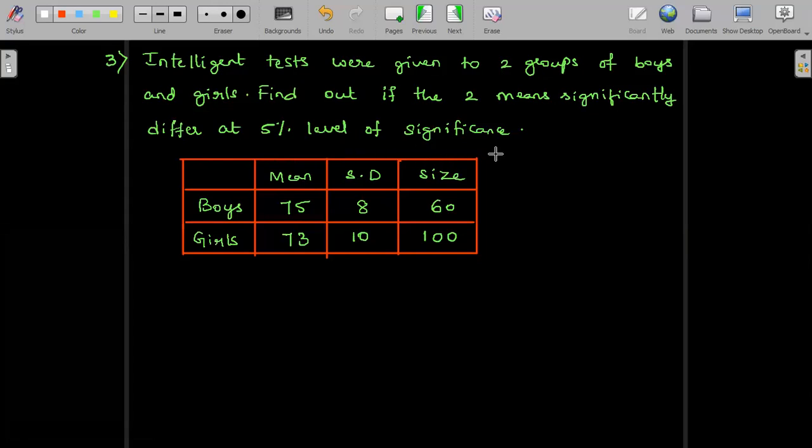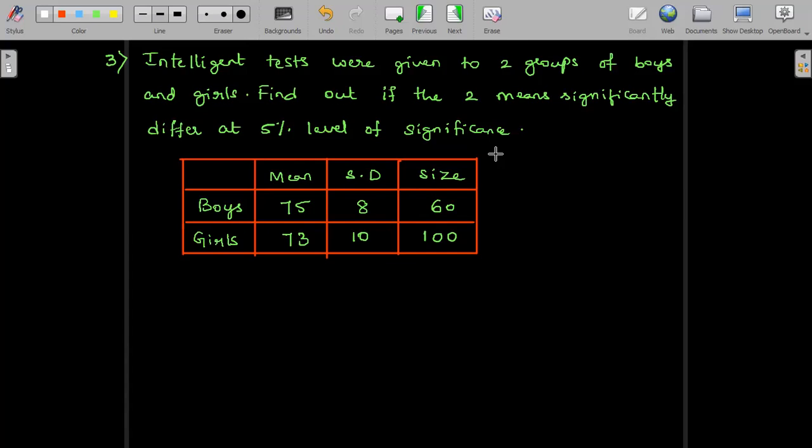We will recall from the theory what we learned, that this Z test is applicable to know the difference between two means. So we usually assume the hypothesis H0 here as: there is no significant difference between the two means. That is what the hypothesis H naught is usually assumed to be in such cases.